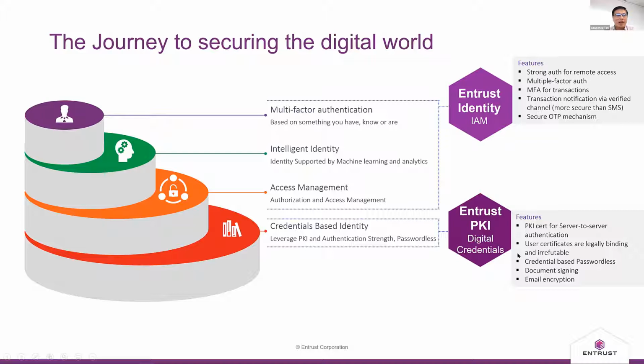So especially for high value transactions, like corporate banking or anything that's related to healthcare or financial transactions, that's very important to track. So I think this requires a high level of assurance, and that includes document signing, or it can be email encryption. So these are the PKI aspects, which are part of the whole identity and access management system.